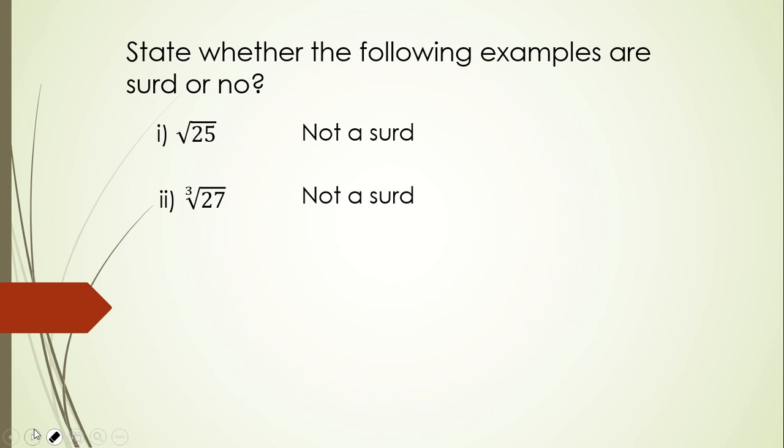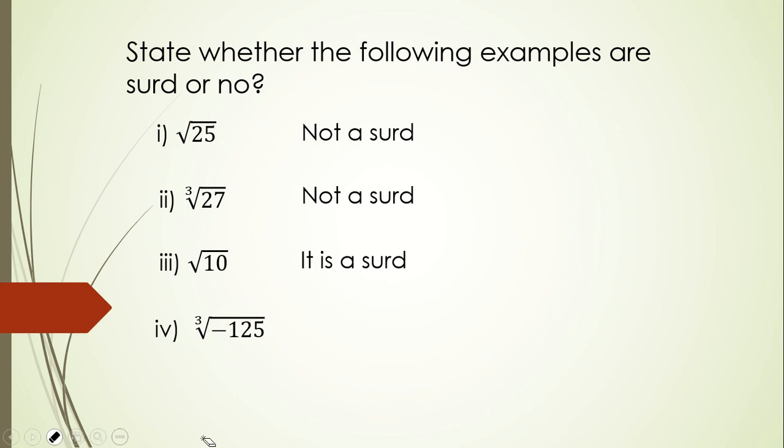Okay. Now the next one, third example we will see. Root 10 or square root 10. Now see here, in this case the order is 2. The radicand is 10, positive rational number, and square root of 10, definitely it is an irrational number. We have also seen plotting this on the number line. In the previous video, we have seen how to plot root 10 on the number line. And we know that root 10 is an irrational number. Therefore, this is a surd.